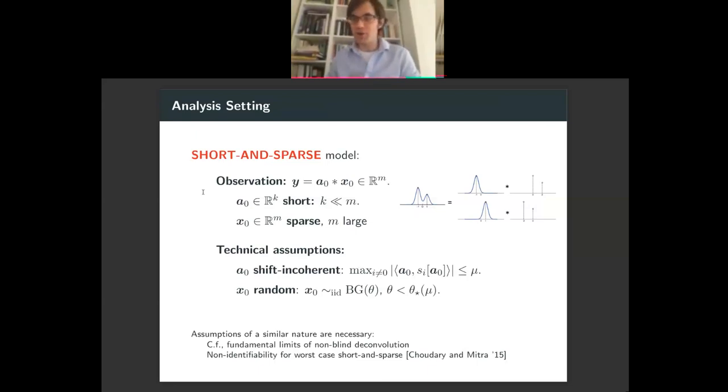Again, we're going to assume that our spikes are chosen at random. That's sort of a technical convenience. And we're going to assume that our A is nice. And here, what nice means is that its shifts are not too close together. So it's shift incoherent. That's going to be helpful in sorting out which shift of the truth we're converging to. And our theoretical results articulate trade-offs between these two parameters. So as the coherence of A gets worse, then you need to have a sparser sample to find the correct answer. This is sort of what one would anticipate.